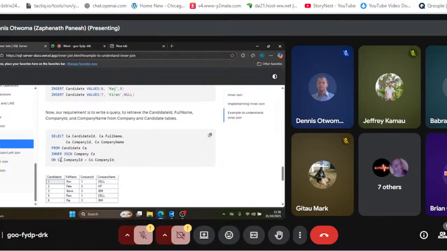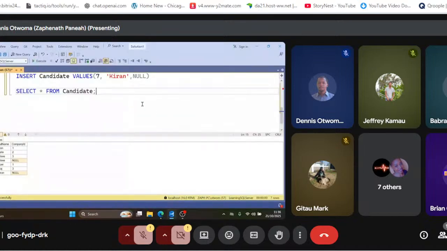Here, in a join, company exactly, on company ID on the candidate table is equal to company ID on the company table. Okay, so you can see C stands for the candidate table and CO stands for the company table. So what you're trying to say is this: when you want to perform an inner join, this is how you